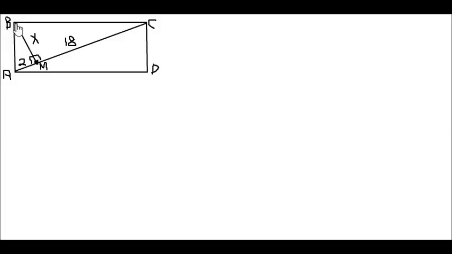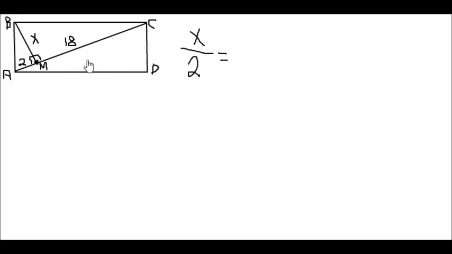And if you examine this problem, I think the only way to solve it is to use triangle similarities. And because this triangle is similar to this triangle, we can do that. Now, if you can imagine flipping this triangle on its back, just like making it fall over, making B go to C, M staying where it is, and A going to B, you can see that this x, which is the smallest side of the large triangle, is proportionate to the 2, which is the smallest side of the small triangle. So we'll go x, the smallest side of the large triangle, over 2, the smallest side of the small triangle,